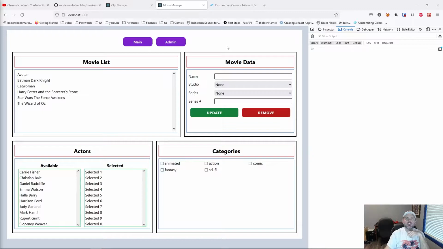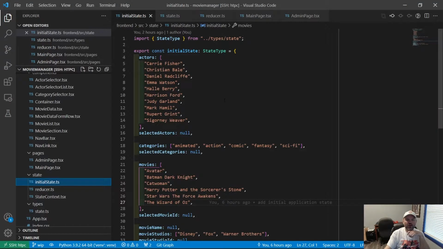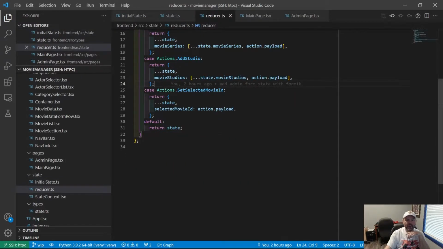In this episode, we're going to be working on the main form state. So you can see if we open up our VS Code that we do have a lot of the state in our global state for all of the form information. However, we're not actually using any of that right now. We did set up a single test reducer state, this set select the movie ID, but we're not using that